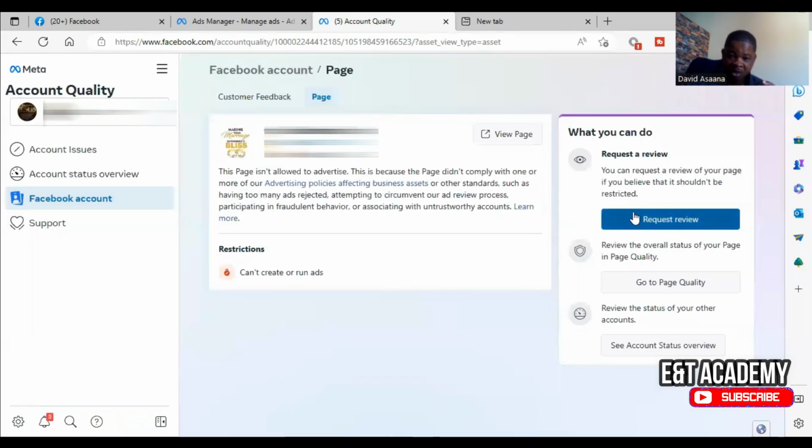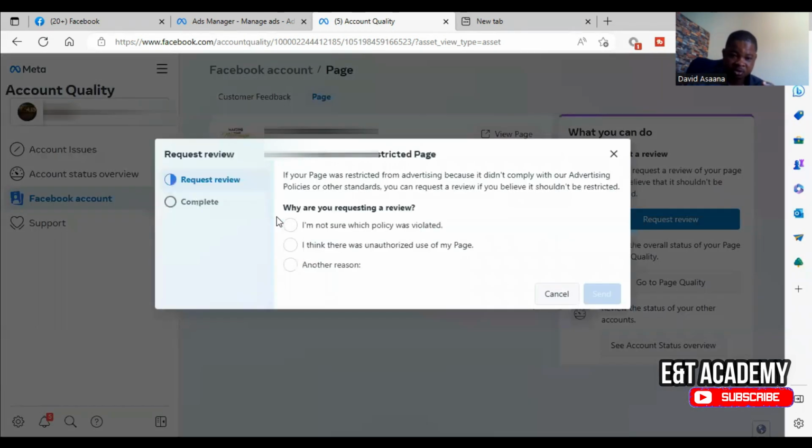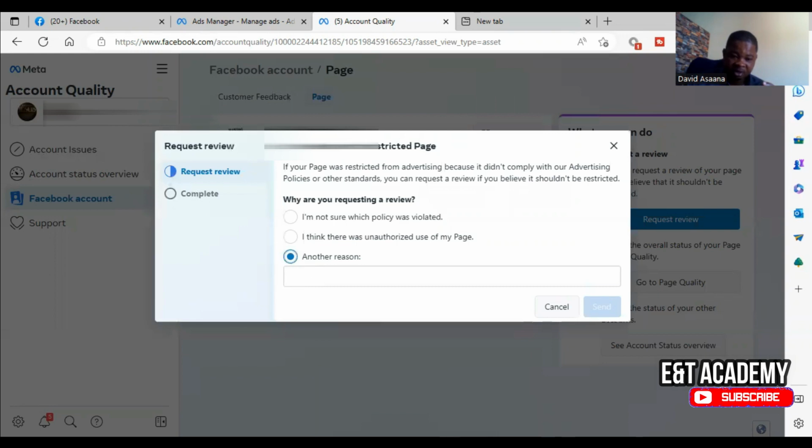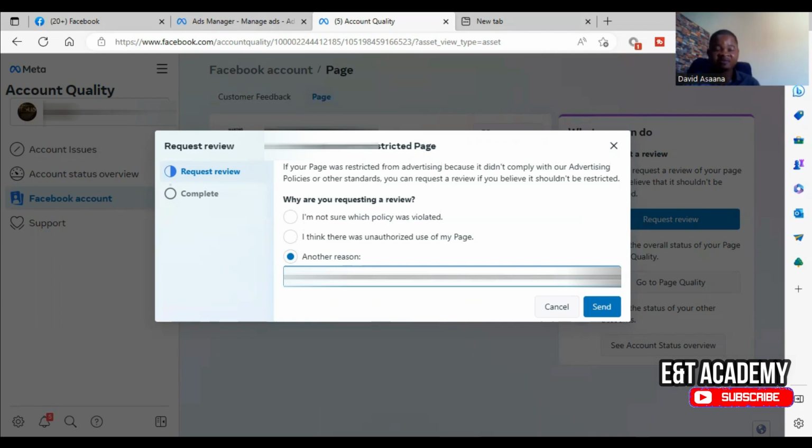So I'm choosing the another reason, and I have to take time and write my reason and then post it here. So you take time to describe what happened. So what I wrote is, dear Facebook or Meta, my Facebook page has been restricted, and I am told this page doesn't comply with one or more of our advertising policies, or this page doesn't comply with our advertising policies,